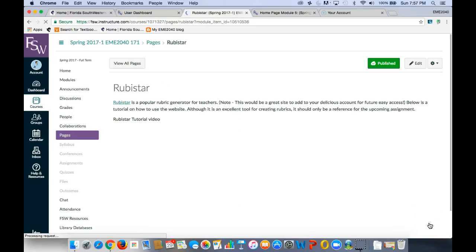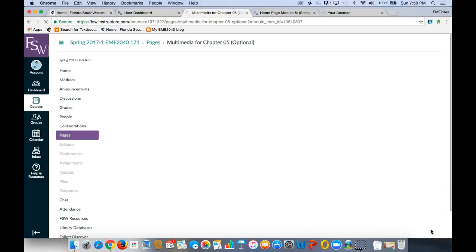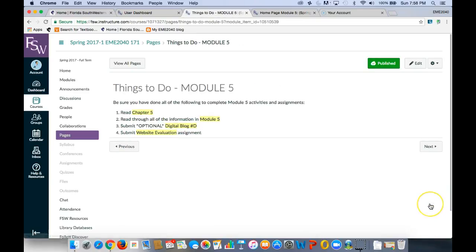Then you'll be sent to the next page, which is Rubistar, a rubric generator. You're not going to be able to use this specifically for this assignment, but I wanted you to have this as a resource for your future. And then the multimedia, which again is always optional to look at. And then here are your things to do. You need to read chapter 5, which is the chapter for this week's module. Read all the information in the Module 5 module pages, and then submit your optional digital blog, number D, if you choose to do that, and then submit the website